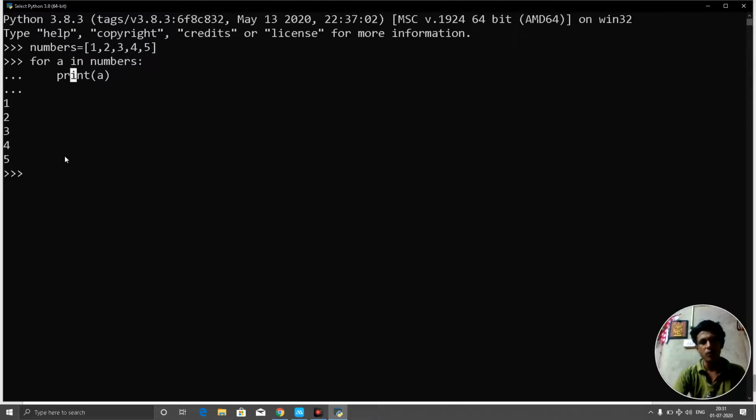Now we will check for some strings. So for that I will write names equals to, and inside this I need to write some names. I will write Rama, Ravan, John and Khan. These are some random names I'm writing.